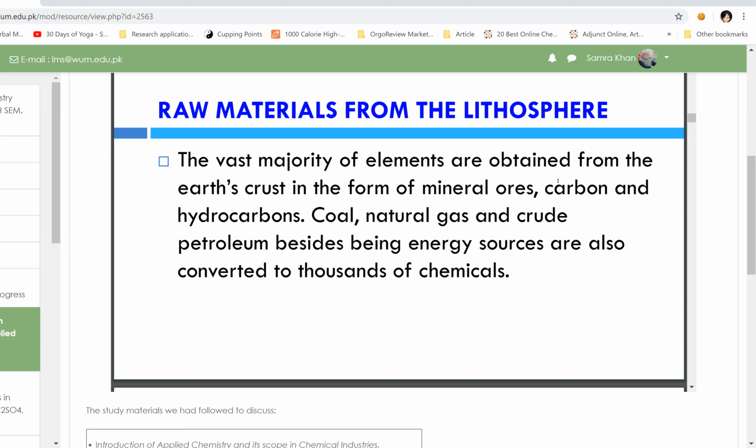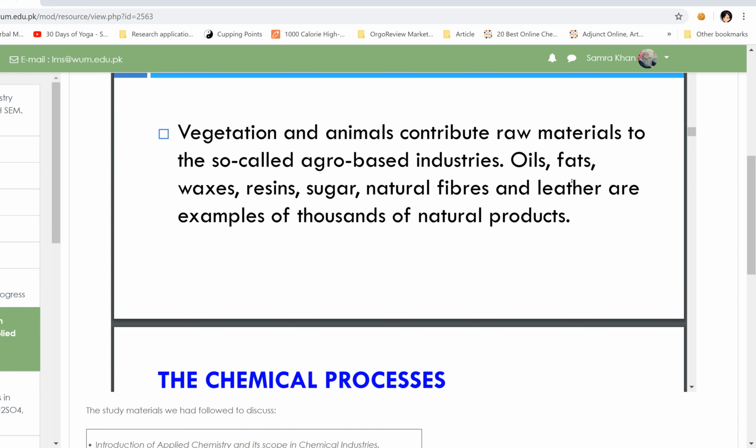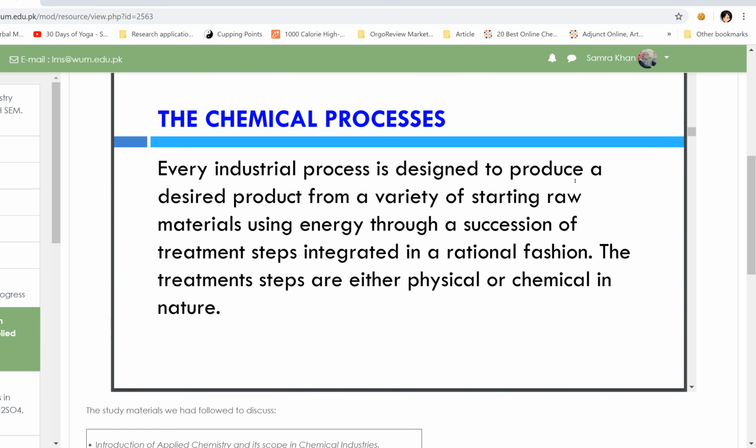This was a complete, in-depth course where we looked into the raw materials from the lithosphere and from the biosphere, and how much we are dependent on nature for industrial processes. Now this is important because it gives us a basic understanding of how the industry works. When you look at the infrastructure, where is the junction where chemical processes and mechanical processes take place, and what is really happening there?